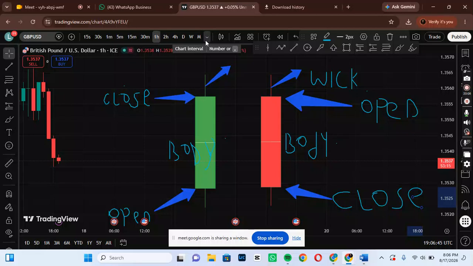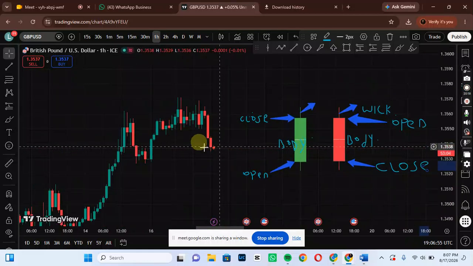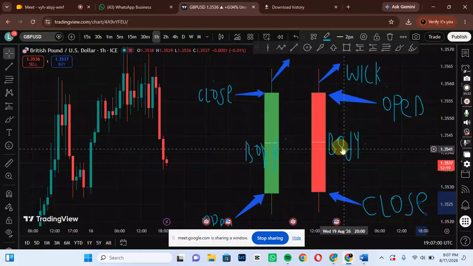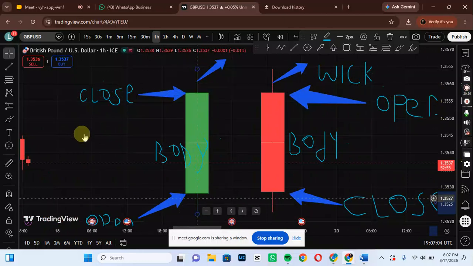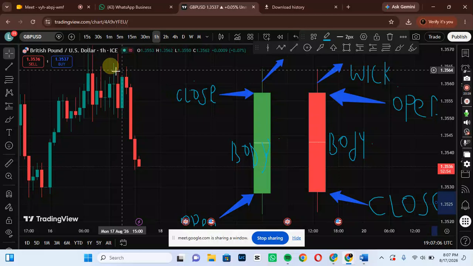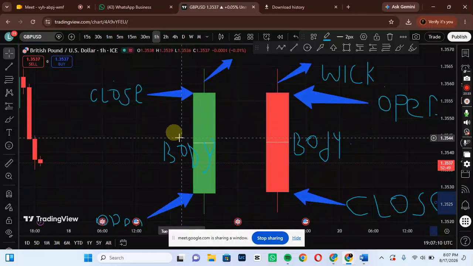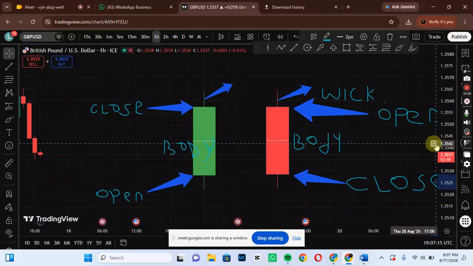So next thing now is this. Now we've been able to spot where price opened, and I said I was going to say something. How does this wick happen? If you go to the chart, you're going to be seeing wicks, all these shadows under the candle and on top of the candle. How does it happen now? If price opens at this point,